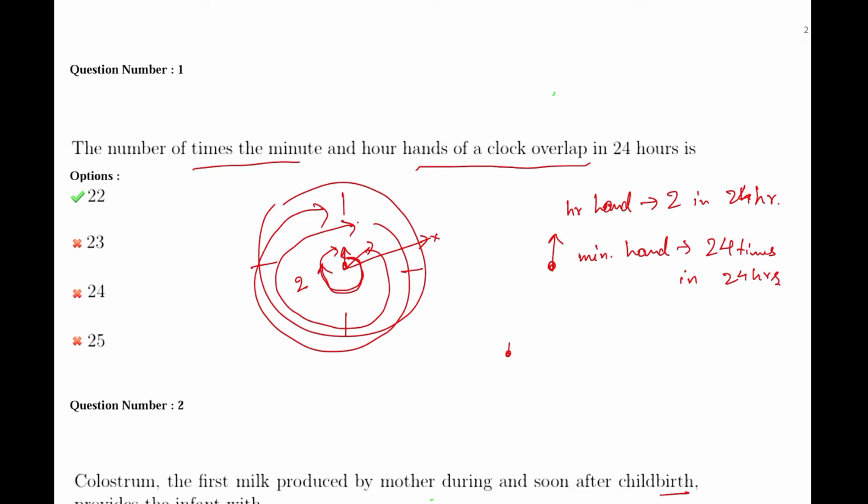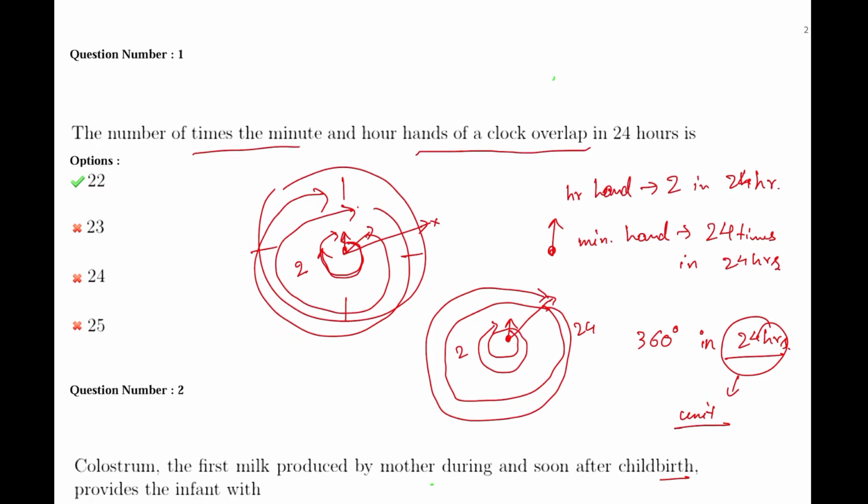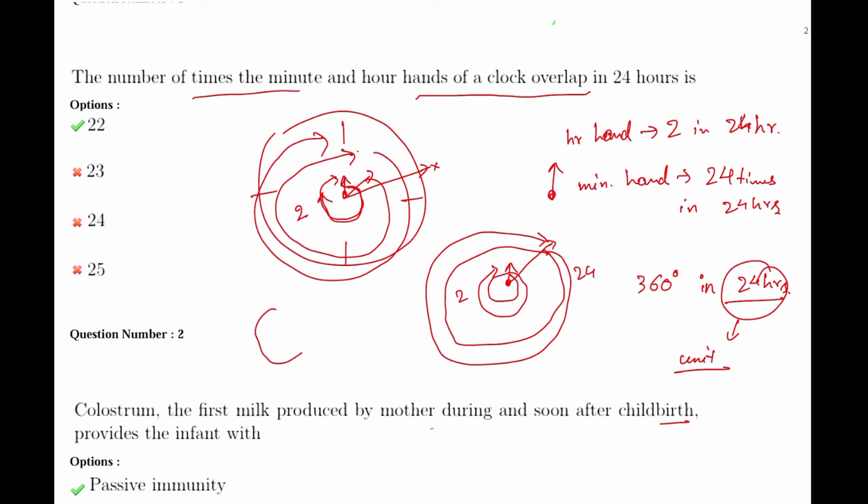So the hour hand moves once and twice in 24 hours, and you have a minute hand which moves 12 times and one more 12 times, that is 24 times, to cover the same 360 degrees in the same time of 24 hours. Take 24 hours, one day, as a unit of time. Just think that there is a hand. If you think that our hand is stationary, then how fast is the minute hand as compared to our hand?